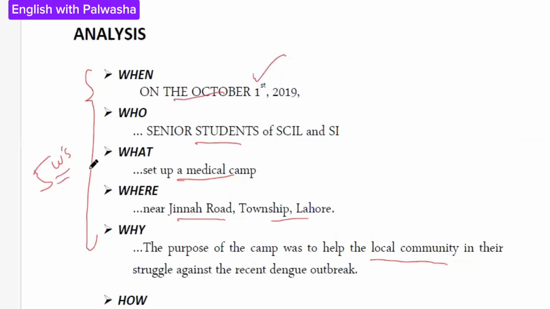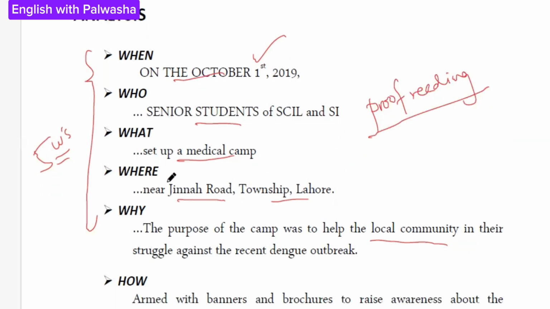So you are requested to please work on this. If you are doing it, at the end, when you are proofreading your work, or even meanwhile, while writing, you can check whether you are accomplishing all these five W's in your article writing.